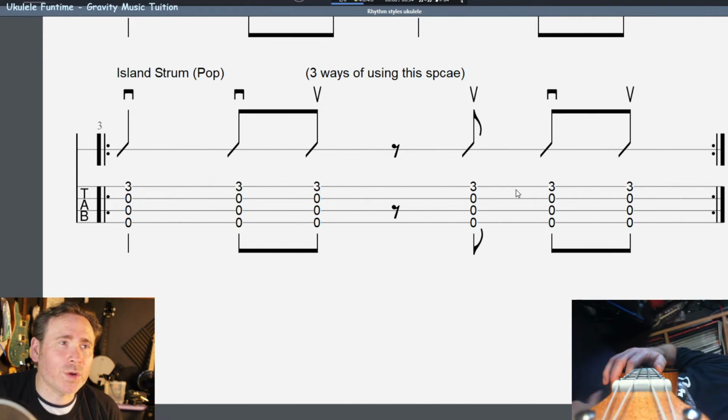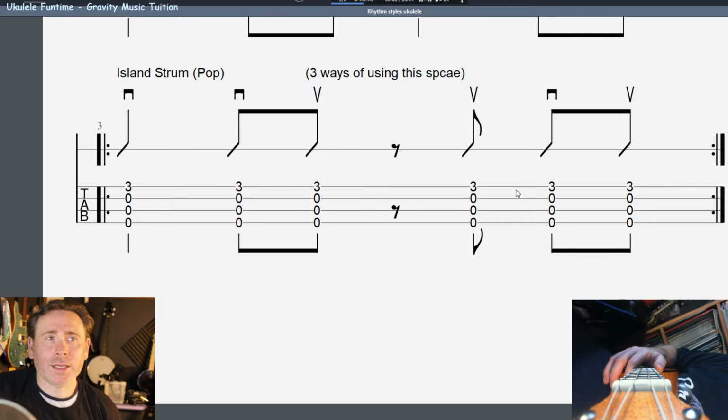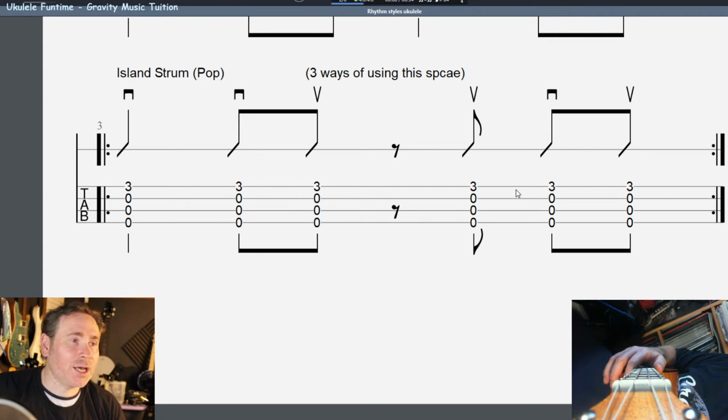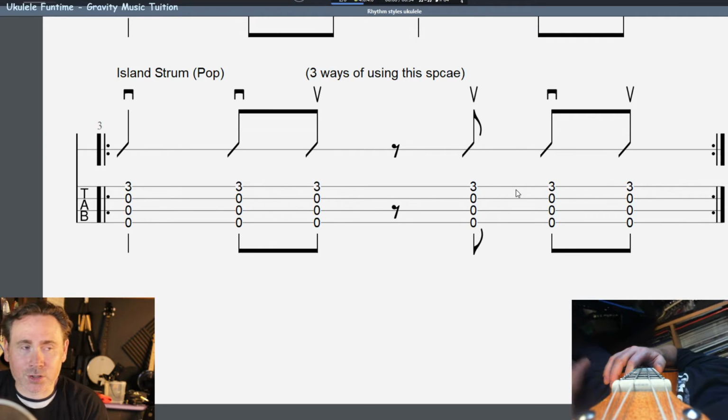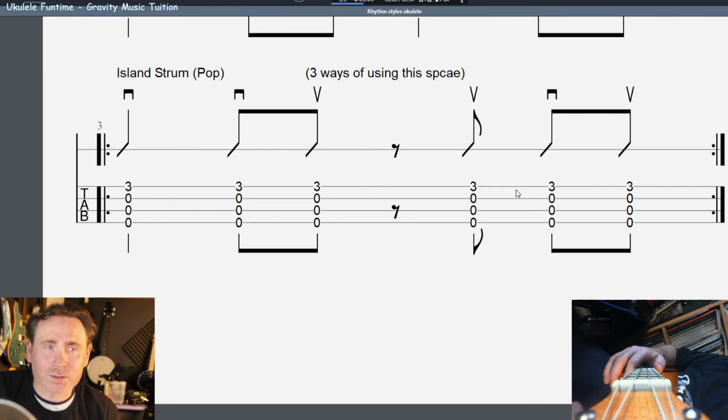Okay, so here we are with island strum, and I imagine that most people know this already, but if you don't, then this is the place to start. It is a very popular strumming pattern used in a lot of Hawaiian and pop styles. So although I called it island strum because it reflects a lot of the Hawaiian songs that we would have